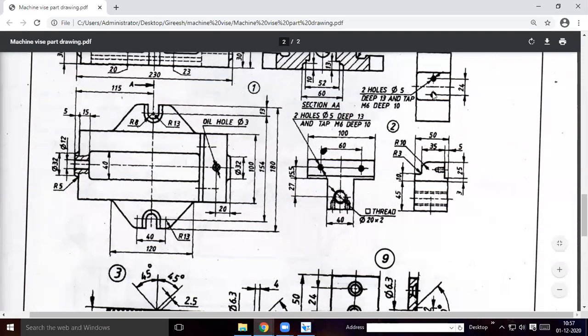From the midpoint, the entire height is 100 mm, so from this point it will be 50 mm up to here. It will be 12 mm downward, so 50 minus 12 is 38 from this end.